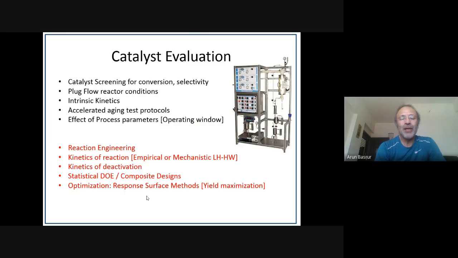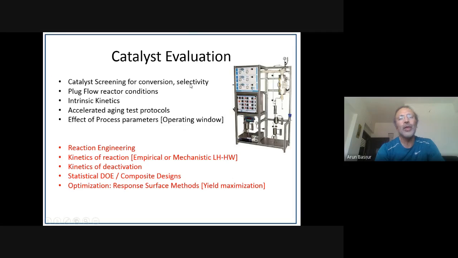We then come to catalyst evaluation. Now the catalyst is ready and then it needs to be evaluated. This is similar to the slide we saw earlier when we do lab scale evaluation. This is a typical skid where you have means for pumping a liquid, means for feeding gas, a furnace and a reactor with a furnace, and pressure safety valve, devices for measuring pressure, a heat exchanger for condensing, a gas liquid separator, and a product tank. So here you essentially screen catalyst formulations for conversion and selectivity.